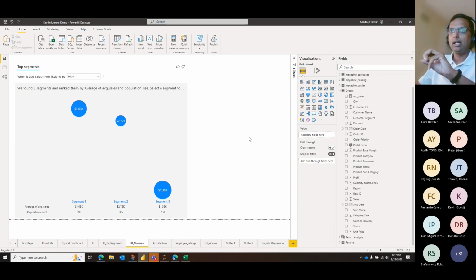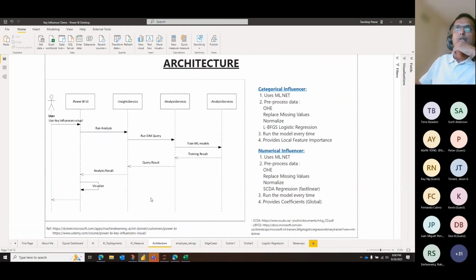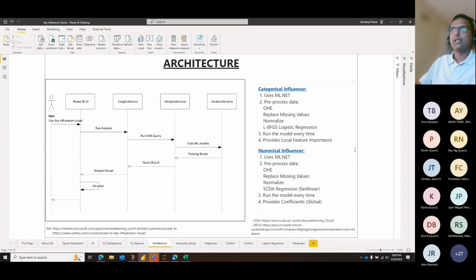different components of that. But if you are somebody who has maybe more statistical background, here is the next slide for you. How does it exactly work? So this is straight from Microsoft's documentation, which unfortunately is hard to find. But if you go to Power BI, identifies key influencer, and this is not even housed in any of the Power BI documentation. This is actually in ML.NET because under the hood, it's actually using ML.NET to do all the